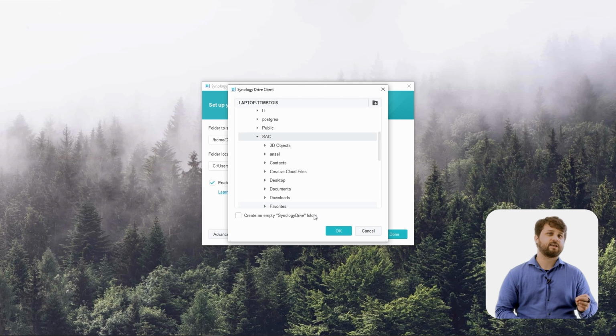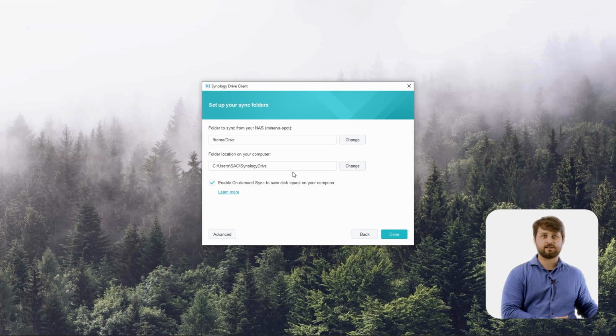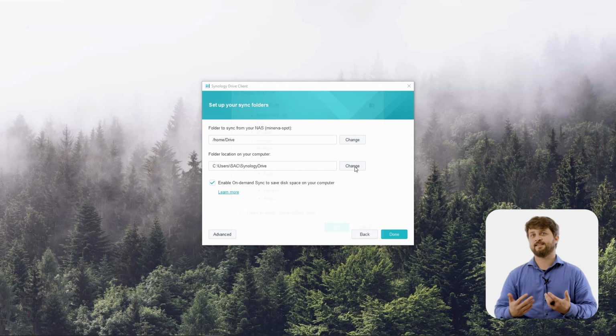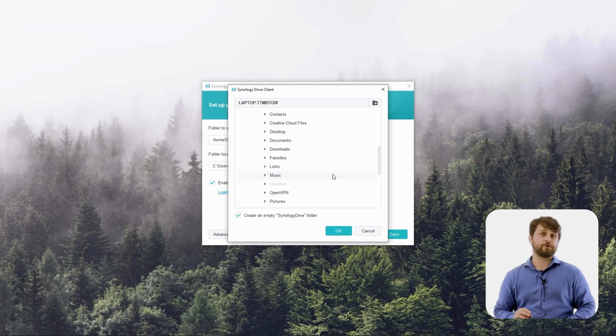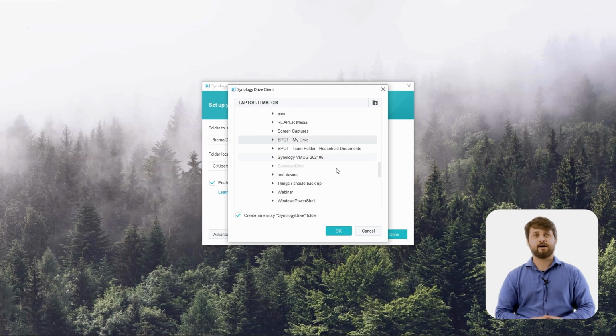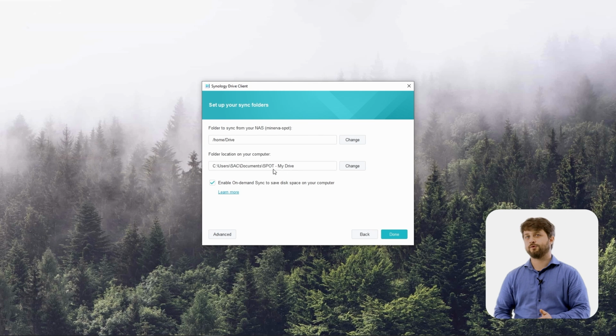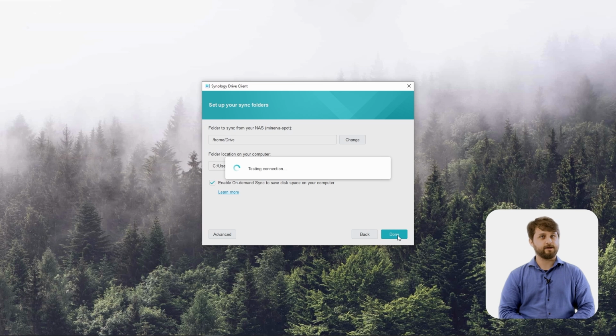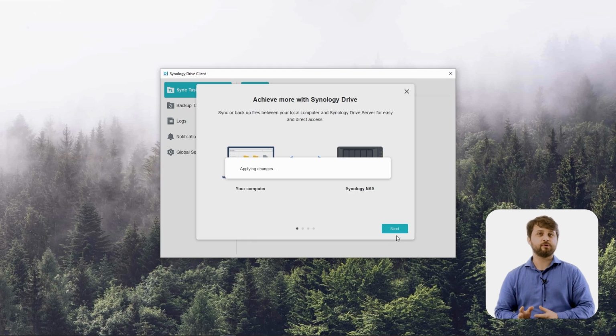For me, I usually like to disable that because if we take a look at this folder pathway, it's going to select whatever folder you want, create the Synology Drive folder, and then place all of your synced data into that. For me, I'd rather just dump it into whatever folder I select. In this case, it's going to be some subfolder in my documents folder. Let's say it's my Spot My Drive folder that I've already created, for example. So we're going to disable that, create an empty Synology Drive folder, and you can see it's going to just sync directly to that folder I selected instead of creating that blank Synology Drive folder. So we're going to hit done here, and it's going to begin syncing all of your data to your computer and vice versa since we did a bidirectional sync in our case.